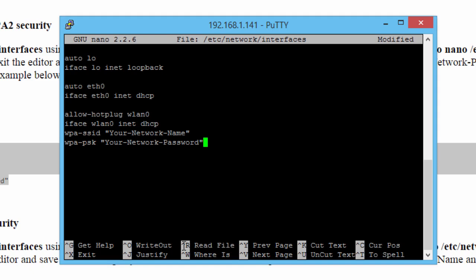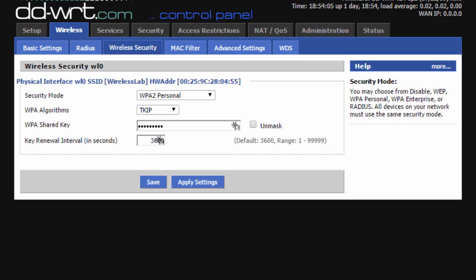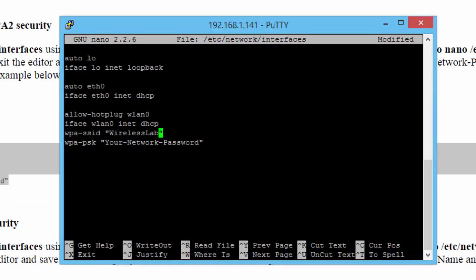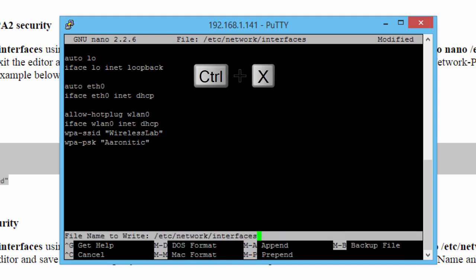There are a couple of changes that we need to make. First, we need to specify our wireless network name in the wpa-ssid field, and our wireless network is called Wireless Lab. Then we need to provide the key used to connect to that network. By switching to the access point's admin interface, we can see that the WPA key is aronitic, a word that we found in a dictionary file in a previous lesson. So let's copy this word, and back in the PuTTY window, we will paste it in the wpa-psk field. Finally, we save the file by using the Ctrl+X keyboard shortcut,